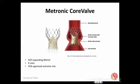So at that time there were sort of two different manufacturers of valves, and I just want to give you a sense of them. Medtronic makes something called the CoreValve. So there's basically chicken wire, and then these are valve leaflets. They're made out of pericardium from pig or cow, so it's a very thin layer like that. They're sewn onto this. The whole apparatus can be crunched down into a tiny fashion, loaded onto a catheter, and